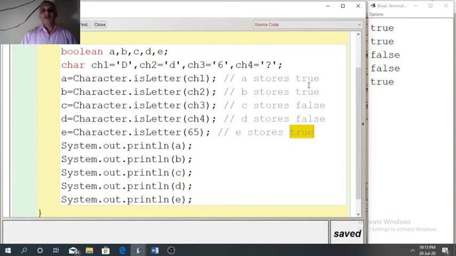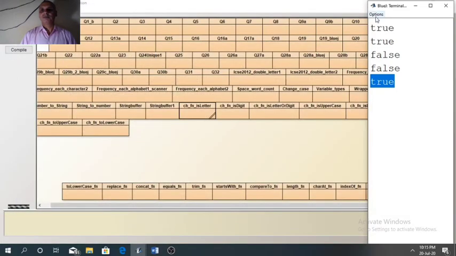So you can see here, first and second is true and the last one is also true. I think the program should be clear to you now. Let us clear it.